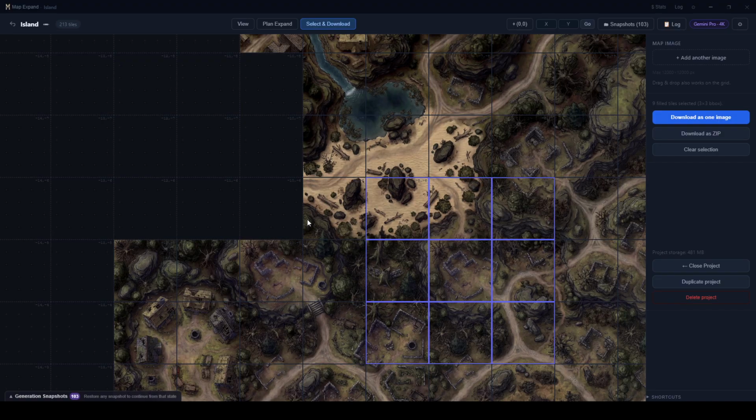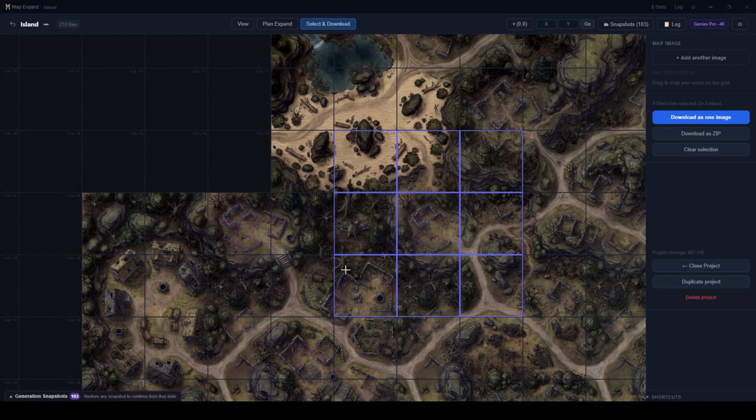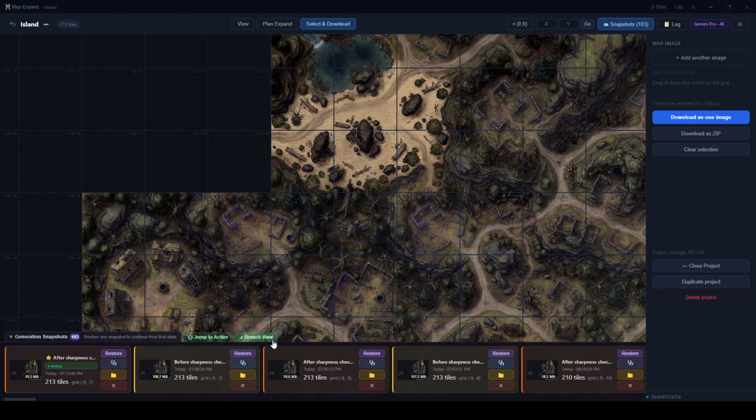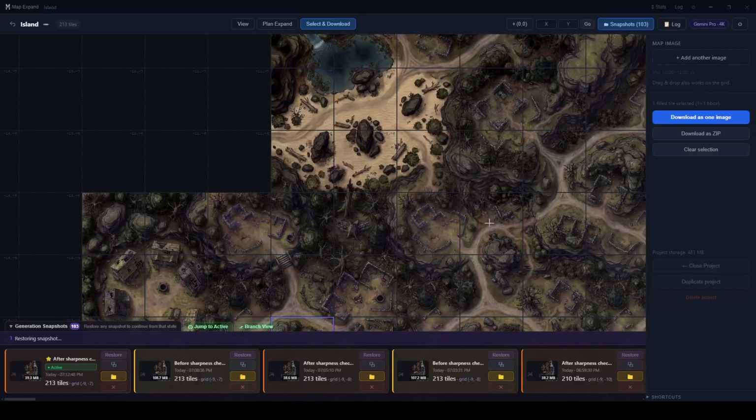I hear in the background the HDD also working, not just me. Okay, I don't really like this solution. I just want to check something, because we generated these three tiles here, and it's good. Okay, I mean it's fine, but I want to jump back in time and restore this one, because I want